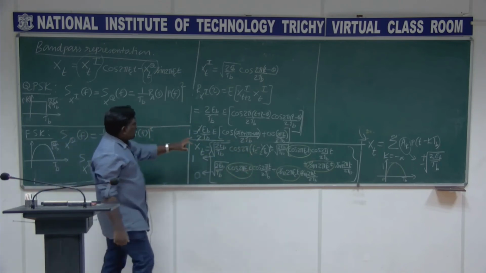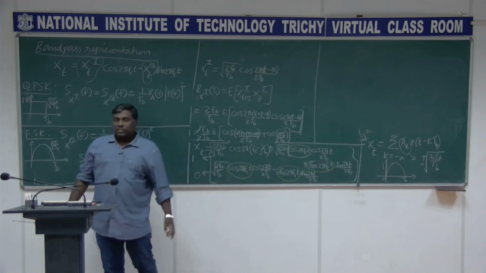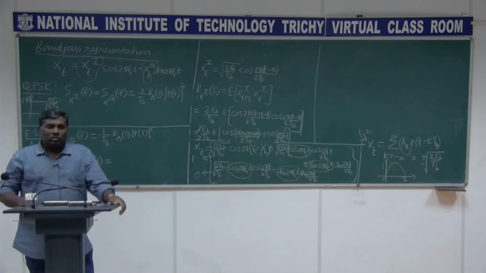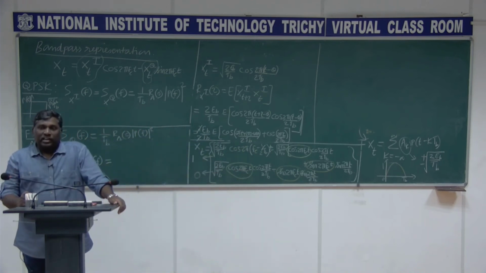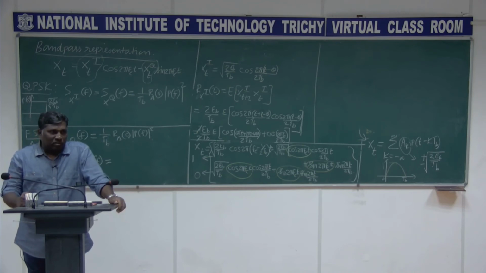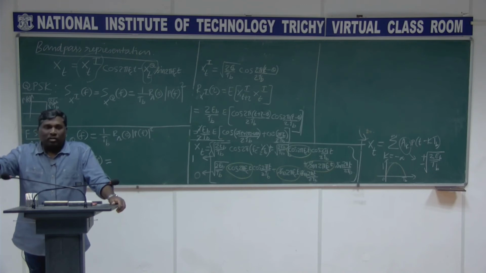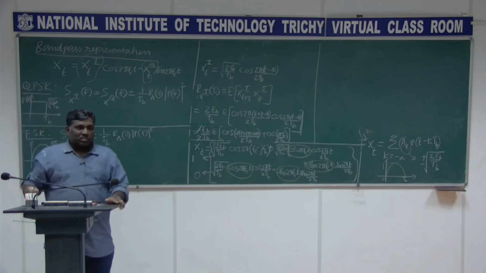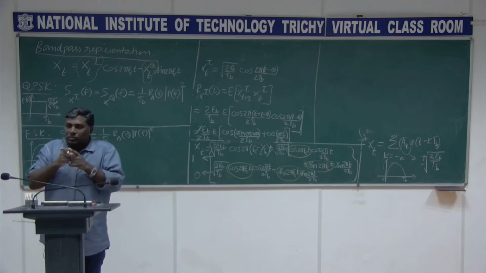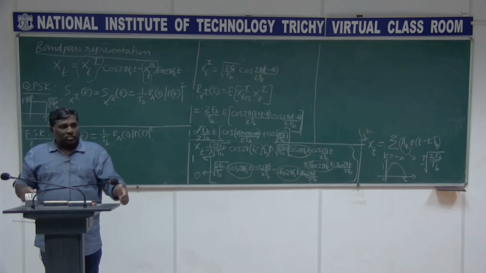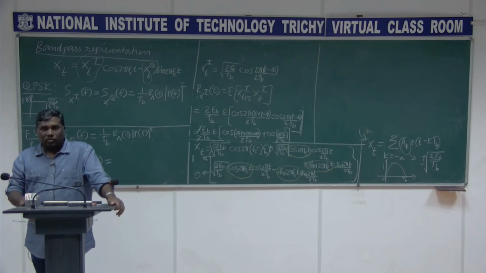I wanted to take this expectation over that, isn't it? So this theta is the delay which is uniformly distributed between 0 to Tb, just like what we had for the baseband transmission. We know that it is uniformly distributed between 0 to capital T, that is what we consider. Here it is going to be uniformly distributed between 0 to Tb, right. So when I do that,